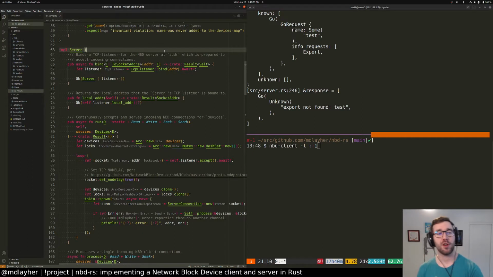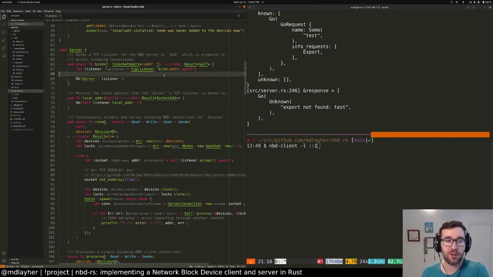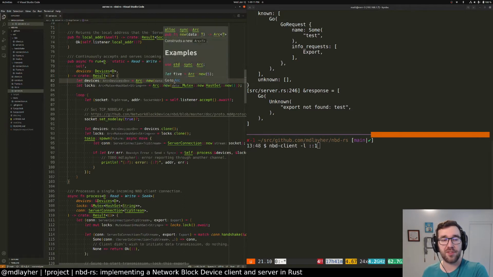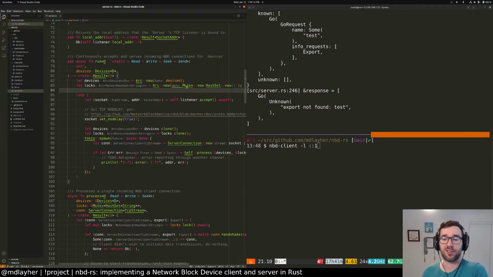So for the server here, we create one by calling this bind function, which takes a ToSocketAddrs. So we create a TCP listener, we wait for it to be ready, and then we return this handle to the server, which has the listener inside. When we call this run function, basically we start passing, for example, the list of devices as well as a set of locks. So this server has the concept of being able to lock a device. So for example, if you have a locked device that's exposed,